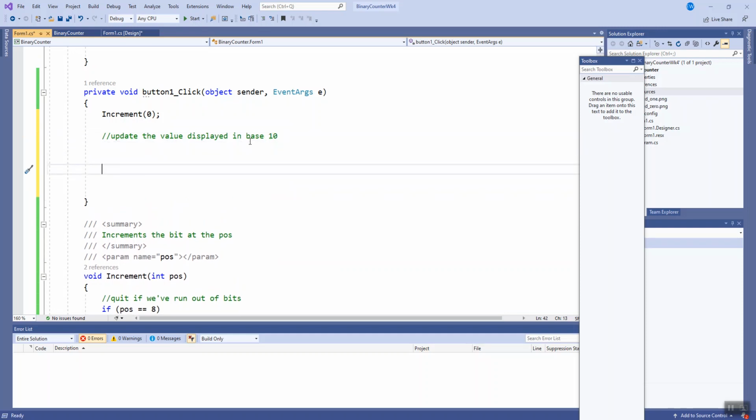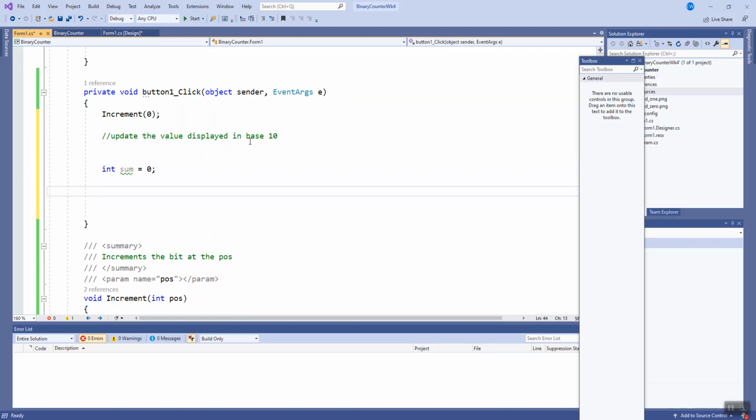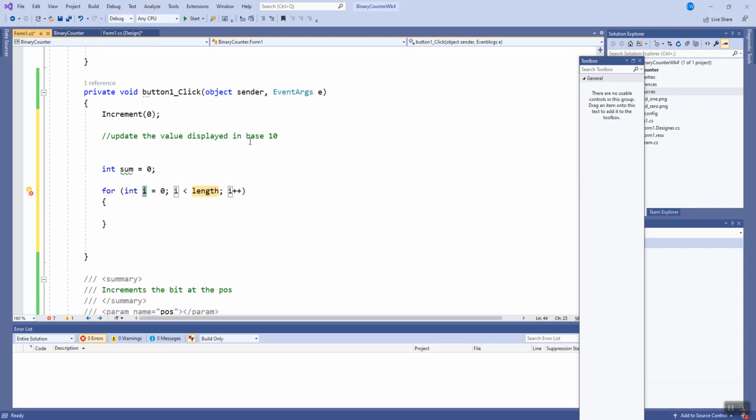All right, so how are we going to do that? Let's make an accumulator, sum equals 0. And then let's make a loop that runs 8 times through each one of our bits. For, tab, tab. And let's loop 8 times because we have 8 bits. Now, we need to take our place value into effect here. So let's make another number. We'll make an integer, and we'll call it place for place value, and we'll start it off as 1